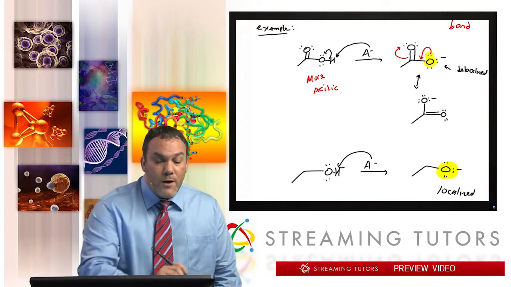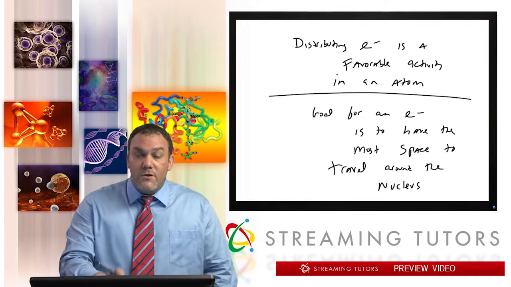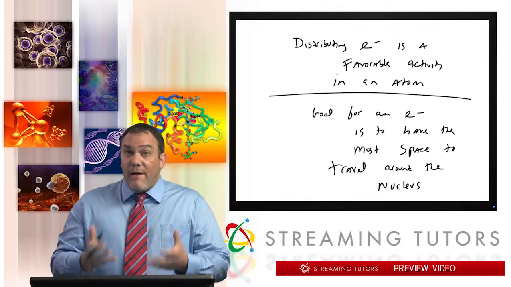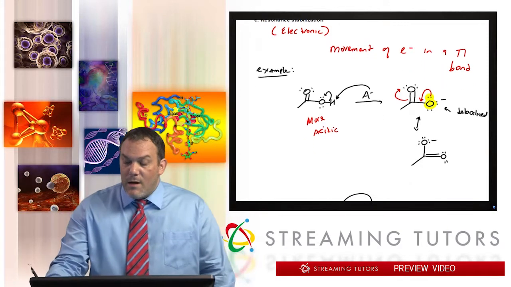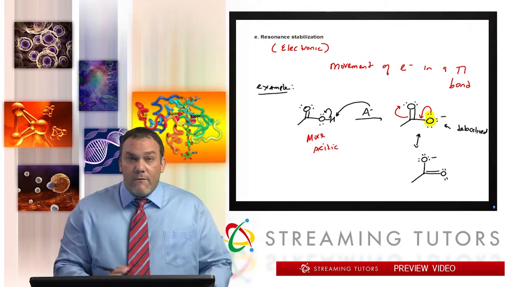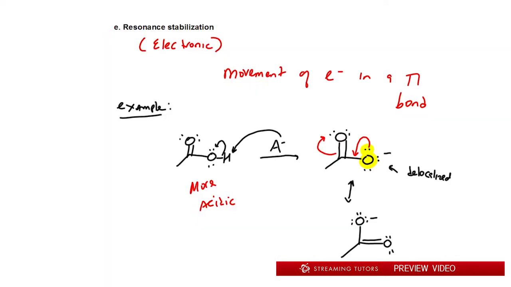Remember what I said just a moment ago. I said if you could distribute electrons, it's favorable to do that, and it makes it a more stable system. Okay, so this is the idea of resonance. Now I want to take it a step further. So here's an example